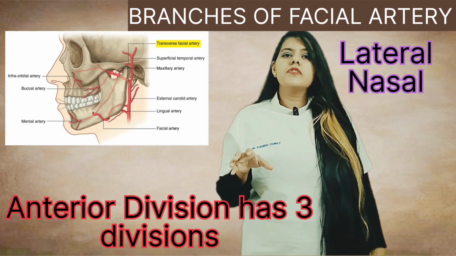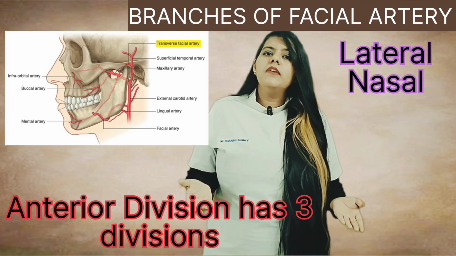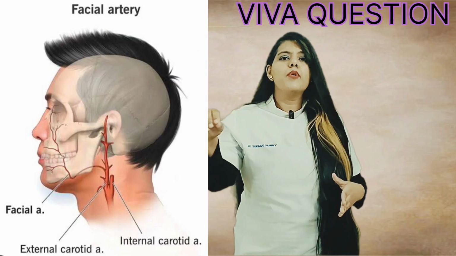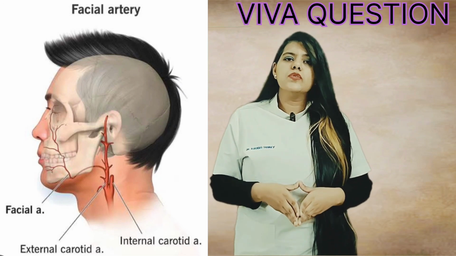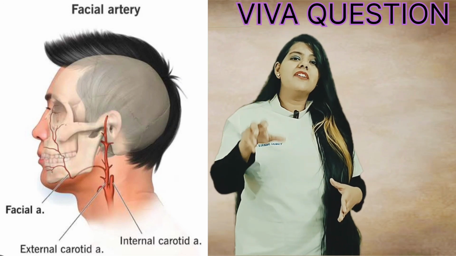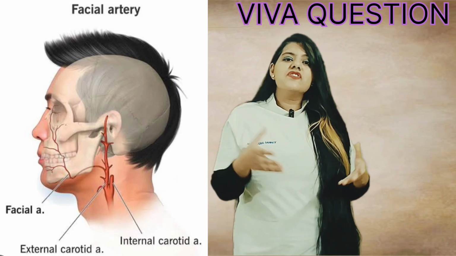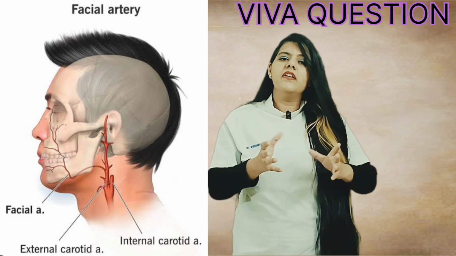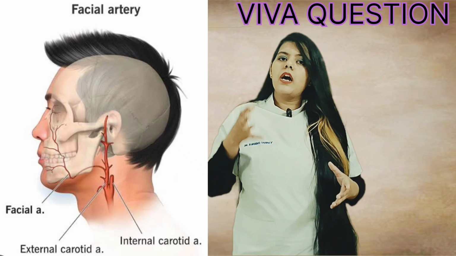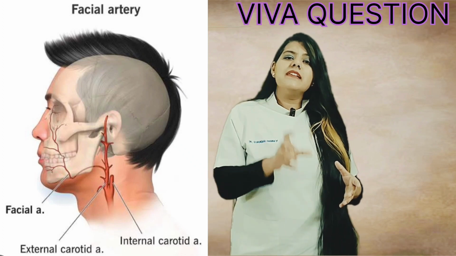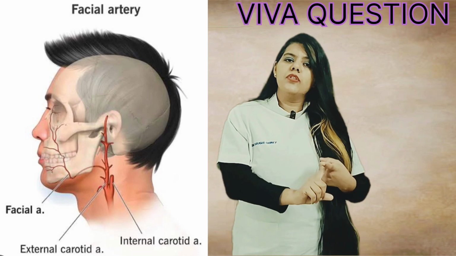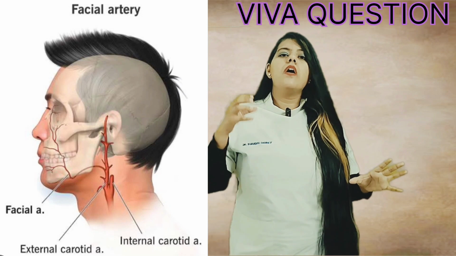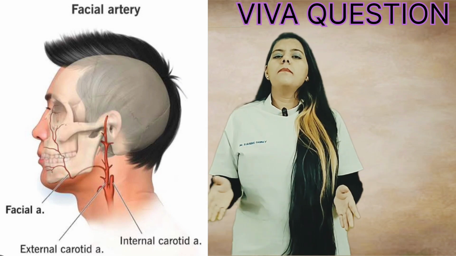Now there is one question which may be asked in your Viva while asking about the topic of facial artery. So my question is, which is important for Viva, so you can note it down also, why the facial artery is the site for anastomosis. Anastomosis means interlinked or a connection, right? So why is the facial artery the site of anastomosis of the branches of the external carotid and internal carotid artery? So this is the main question which our examiner can ask on this topic in Viva.